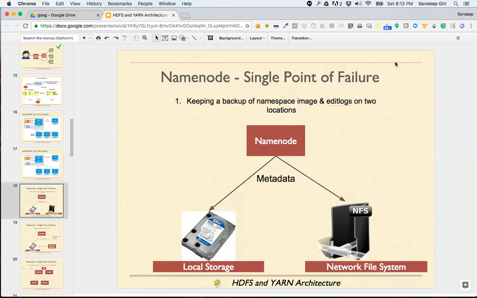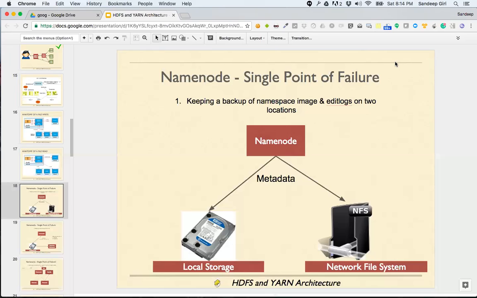That's how the name node used to recover from crashes. Earlier in Hadoop 1.0, HDFS 1.0, the way we used to recover a failed name node was to take edit logs, apply them on an older image, and then restart name node.